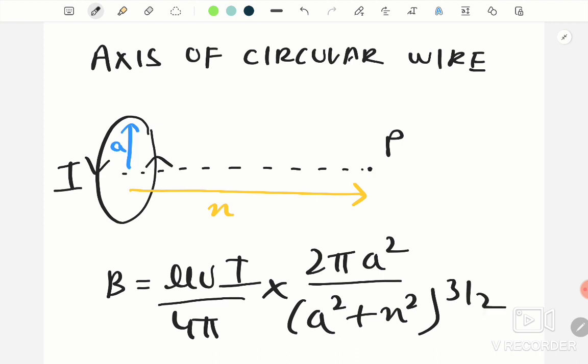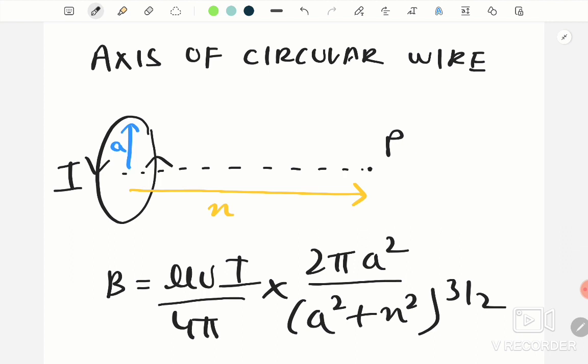Guys, here the value a is the radius of this circle and x is the distance of the point P along the axis of this circular wire. To find the direction of the magnetic field, we will curl the right hand fingers in the direction of electric current and the direction of the right hand thumb will give us the direction of magnetic field. Guys, we just have to keep in mind that at point P magnetic field is given by